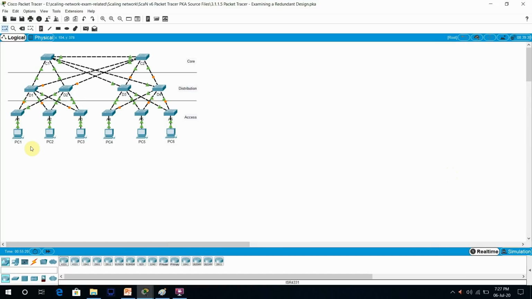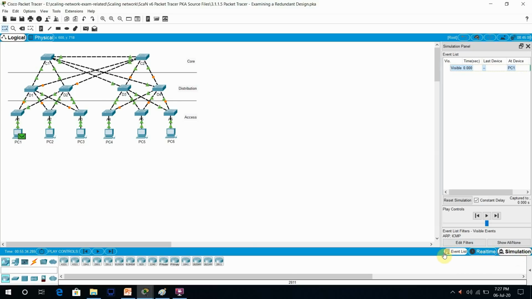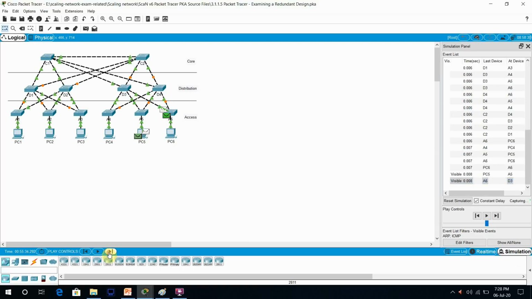And if you ping from PC1 to PC5, again you will see in simulation mode it is forwarded to all, but once it is received by PC5, you can see it is sending a unicast frame.